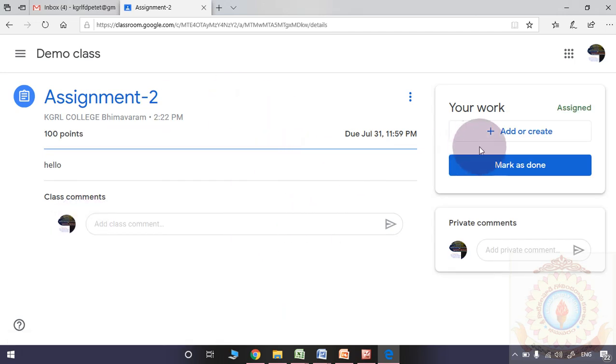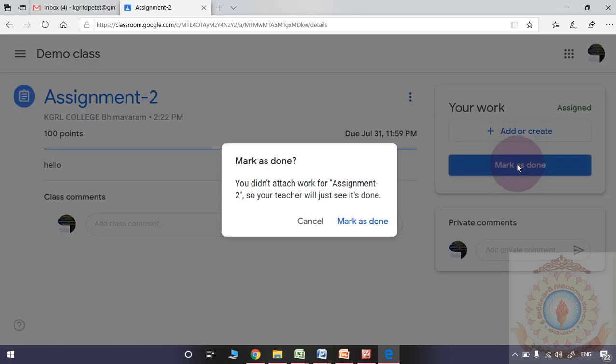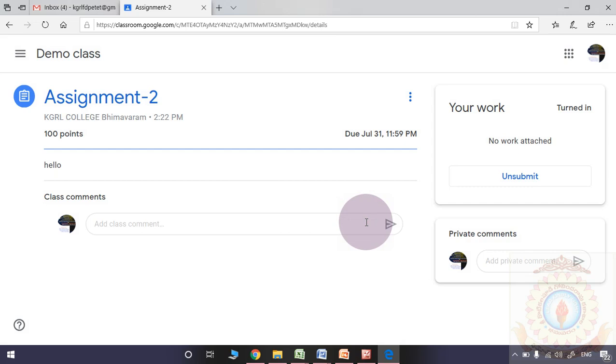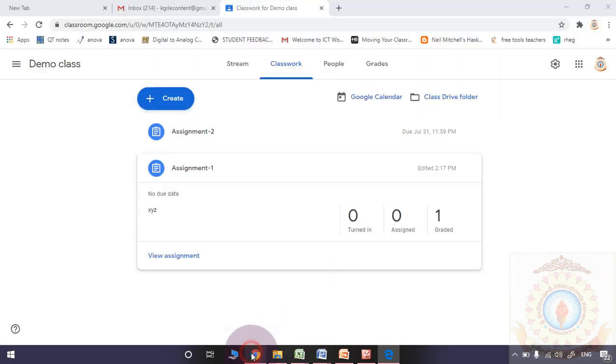Okay. Here, let us say the student doesn't want to upload any file or anything, and simply clicks mark as done. That will give a comment, you didn't attach work for assignment 2, so your teacher will just see it's done, is it okay? Yes, mark as done. The student is very smart, he or she will not submit anything to you. Okay, they turned in. Now from your side,